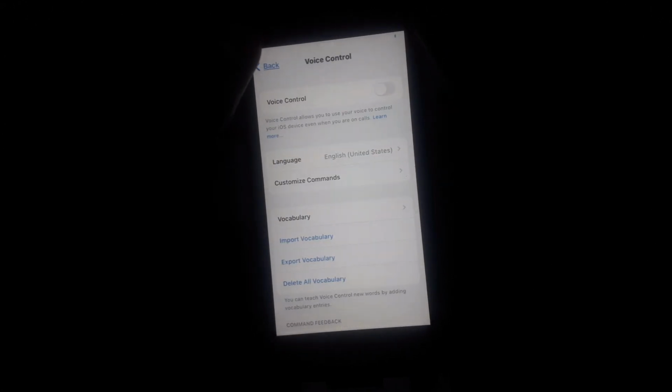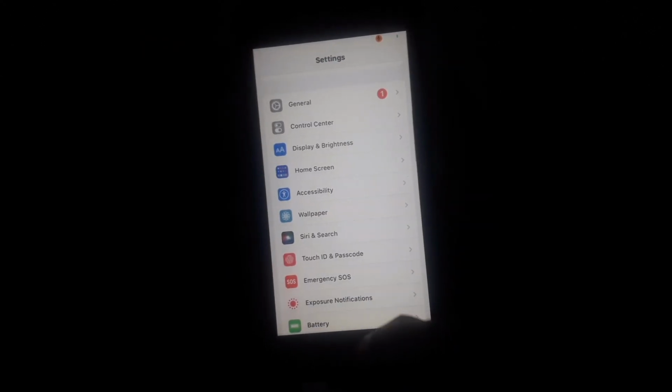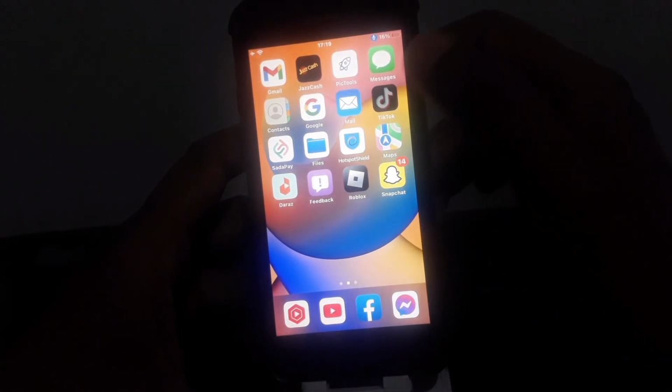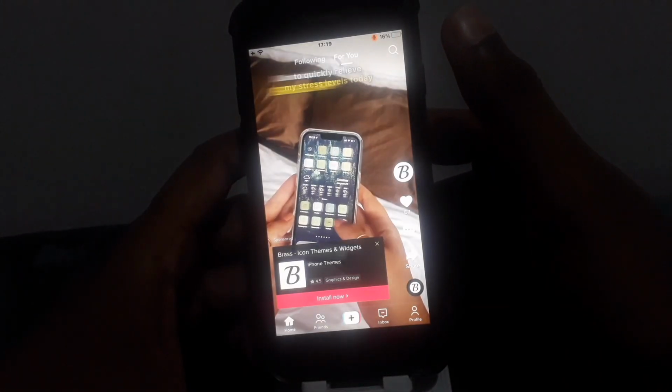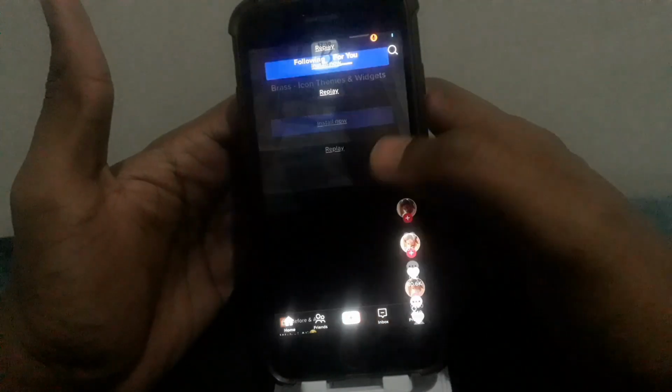After that you have to go back and you have to turn on the voice control here. After turning on the voice control, you have to go back and close the setting. After that you have to again open the TikTok, and here you can simply use the voice command to swipe